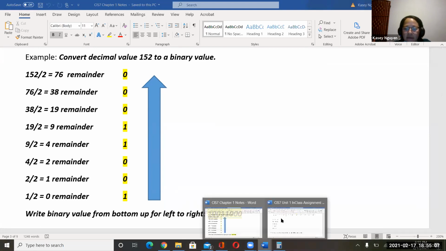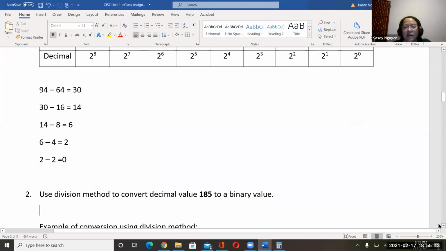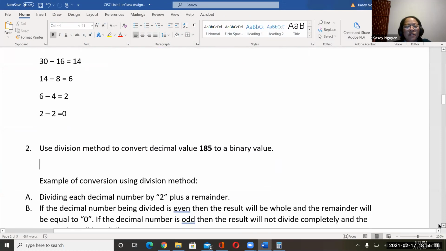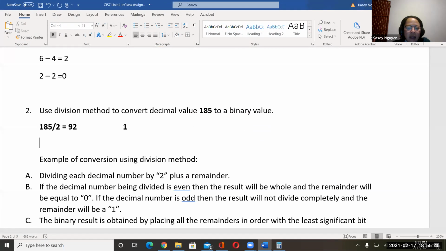Let's try it. So let's try it with the division method so you know how to do it. Here I put down the steps and the example for you, but we can do 185 divided by 2. That's going to give you what? 97, right? Or I'm sorry, 92 with the remainder. That's going to be 1. Okay. And then 92 divided by 2, that's going to be